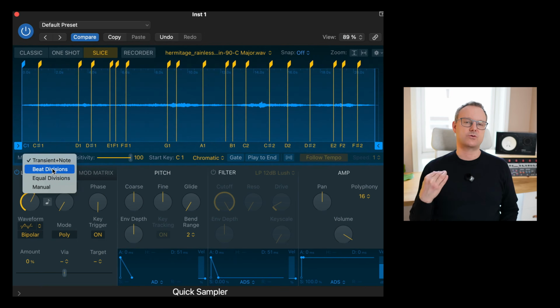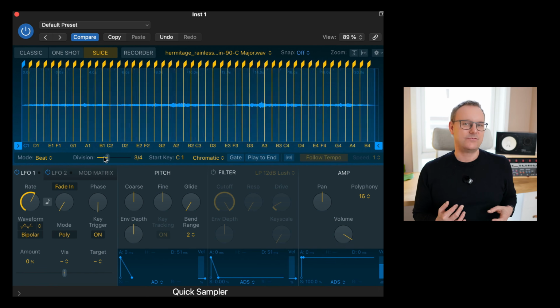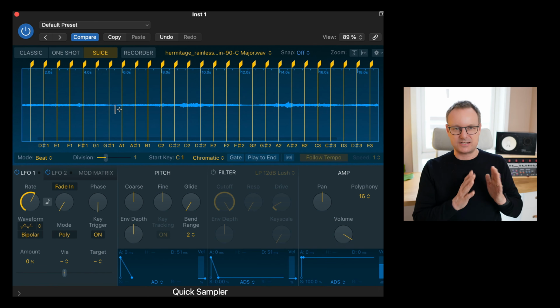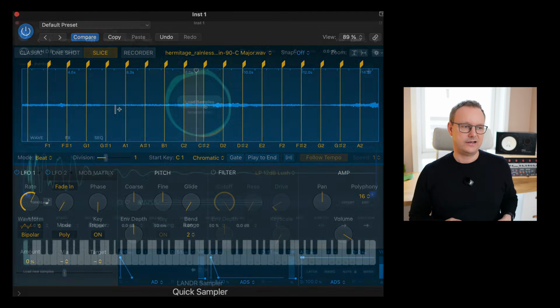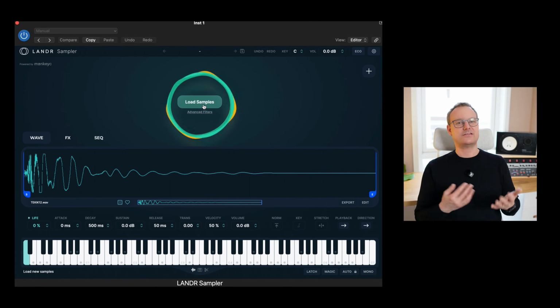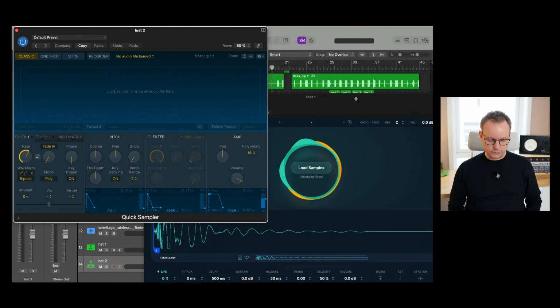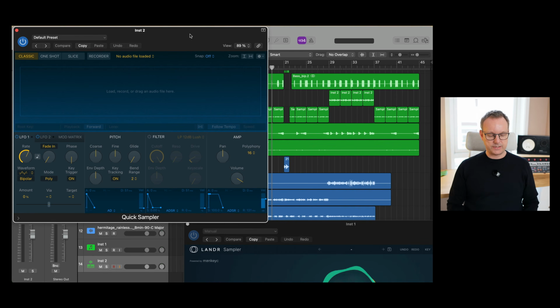And when we start playing around with the samples, there are basically two options. We have the Quick Sampler from Logic, which is stock in Logic. I really like that one. It gives me the MPC vibe. It's like I just slice up samples and play around with it. And then you have the LANDR sampler, which is a completely different beast, even though it has a lot of the same functionalities. The Quick Sampler, what I use this for is just to drag in audio from the session